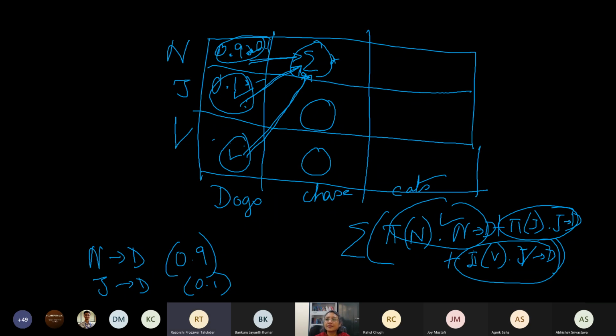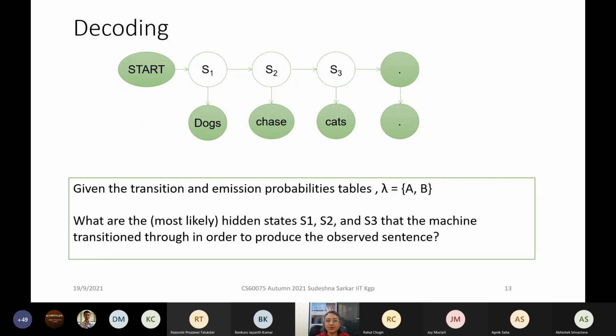Yes, ma'am. Similarly, we can look at this third column, and for cats as noun, cats as adjective, cats as verb, we can say cats as adjective can come from here or here or here. We take the summation of these probabilities, as you have suggested, and take the product with the emission probability here. So by using dynamic programming, we can figure this out even if we do not know the tags. I did not talk about this because I thought we would just go with the decoder.